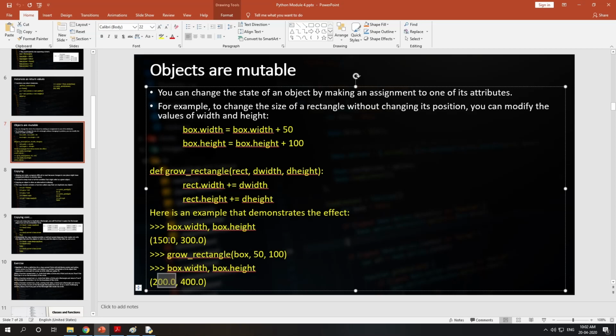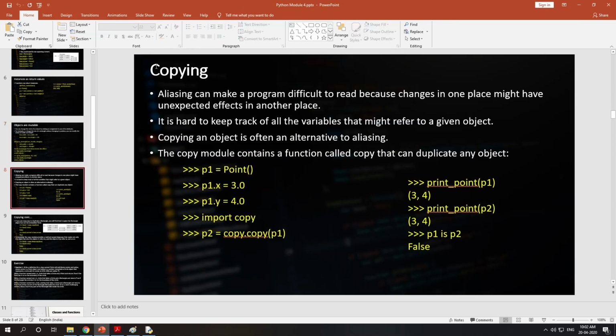Previously the box width was 150. After calling grow rectangle, its width is 200. So you may forget that you have called this function if the code is lengthy, or you will get a different result for calculation and all. So at that time, if you want to preserve the previous values, you can use a copying function.